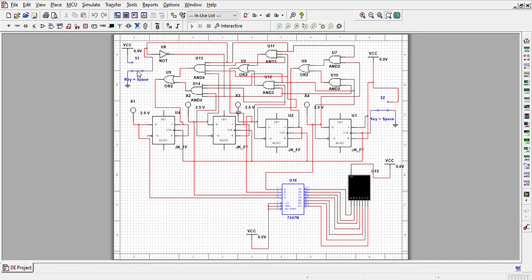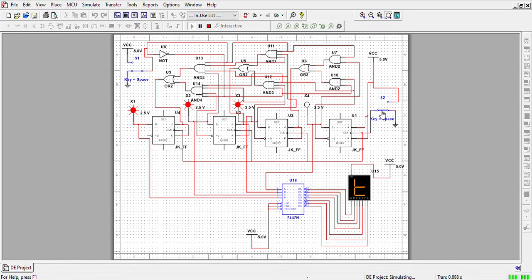Now this switch is at the down position, or down mode. So we will see that by changing it, it will give me 1111, which is 15.